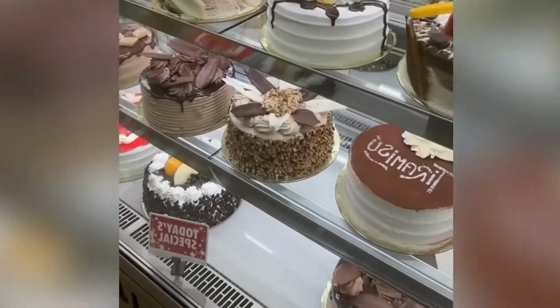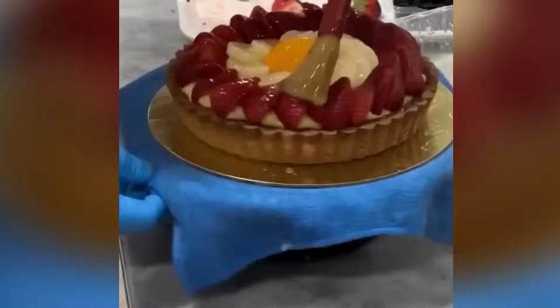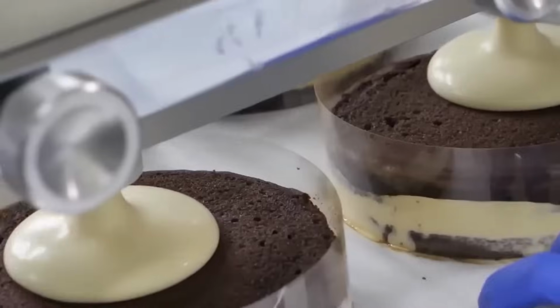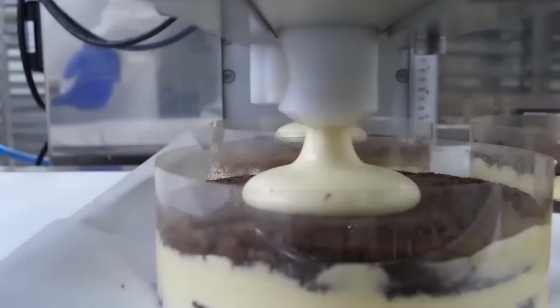Many cakes are sold in pre-packaged formats, while others are displayed in bakery sections where customers can purchase whole cakes or slices. Supermarkets and bakery chains often use just-in-time inventory management systems to minimize waste and ensure a steady supply